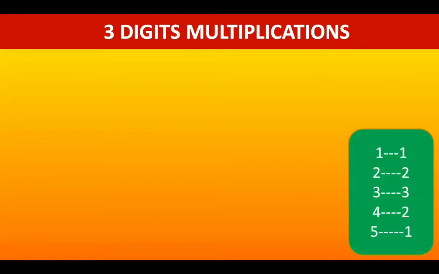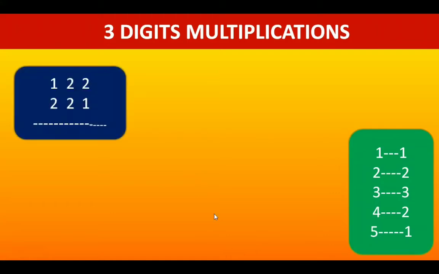See, this is really wonderful. In usual multiplication, we get the answer in 4 lines, isn't it? While multiplying 3 digits. But here, in a single line, you will get the answer. Okay. Let us do it. I'll show an example. I'm going to show you each and every step very clearly. Okay. Let us start the first step and see.